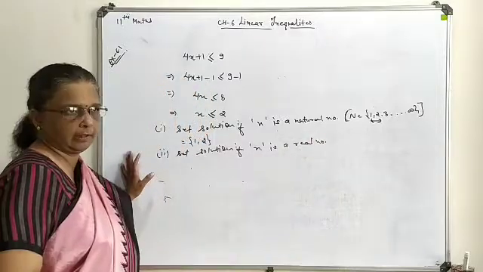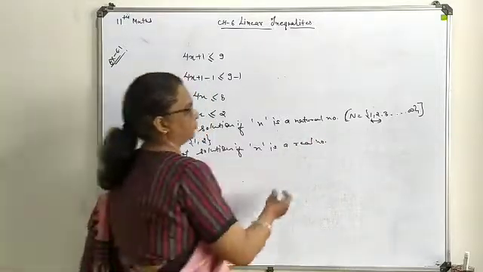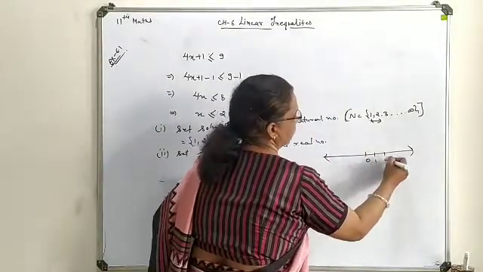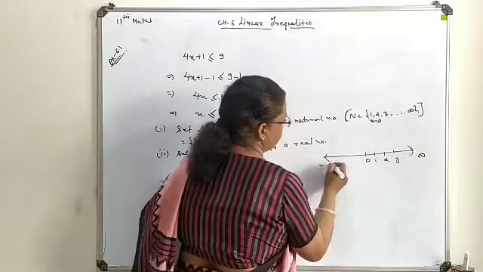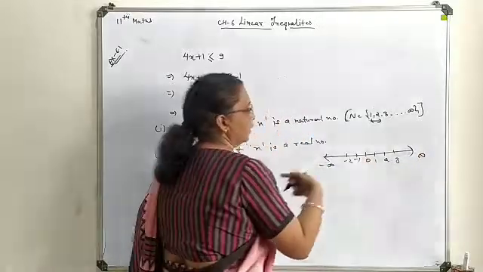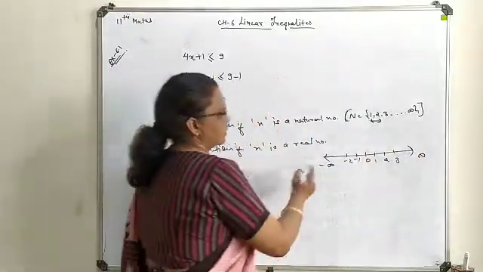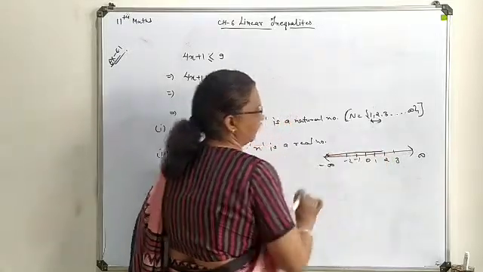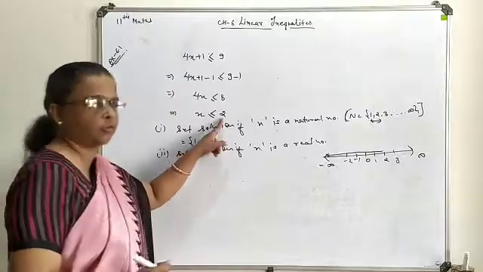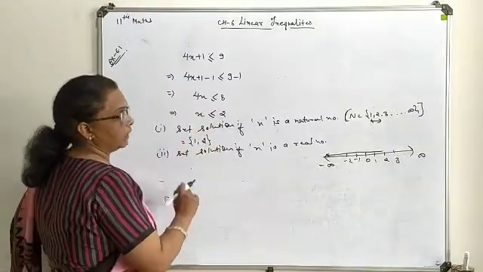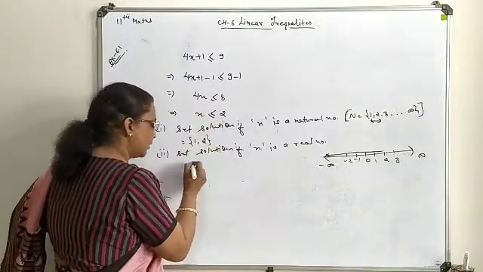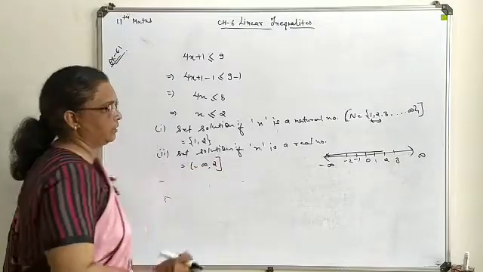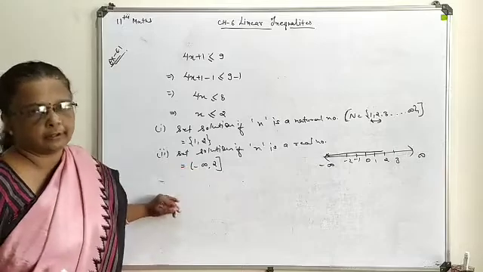If it is a real number, that means this is a real scale. We normally have 0, 1, 2, 3, positive infinity, minus 2, like that. X is less than 2 means all these numbers we will include as a final answer, including this 2. So here the answer you will write in the form of the interval: open interval minus infinity to 2. It is a closed interval. So this way you can define your answer form.